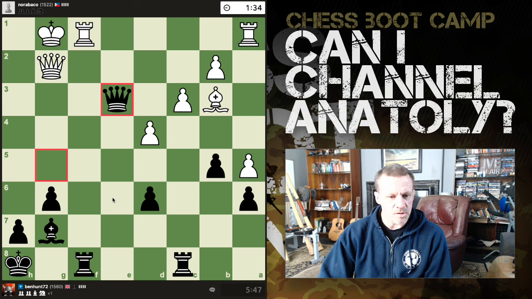Really want to bring my bishop into play. How can I do this? Or both of my rooks. This rook is still not in the game. This bishop is...